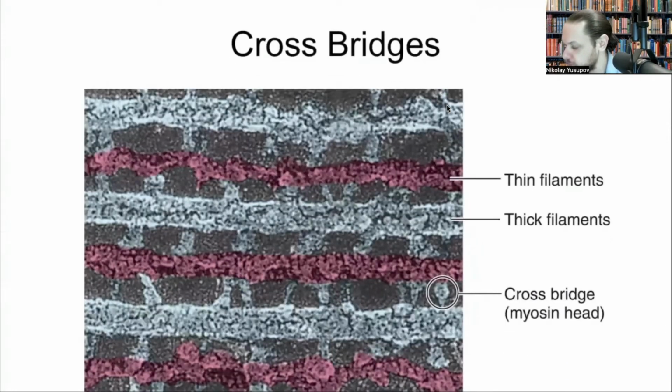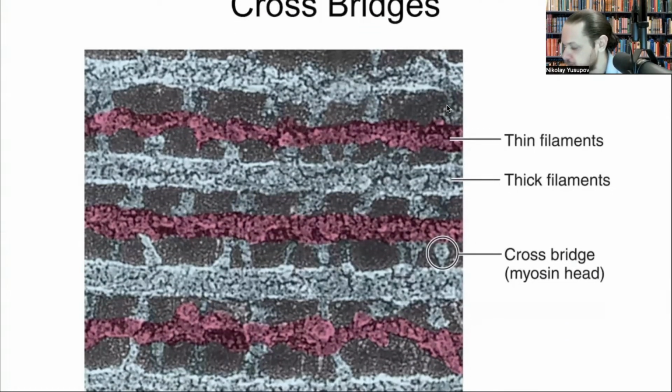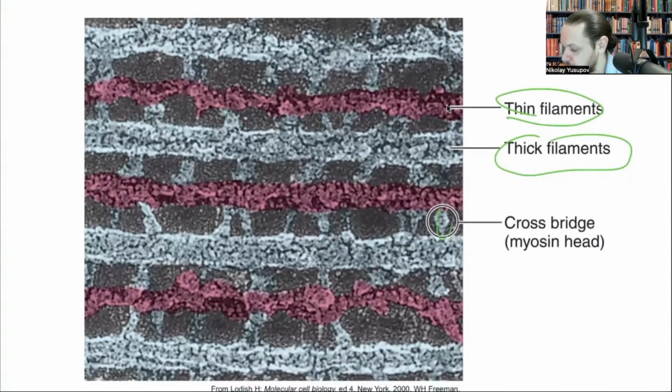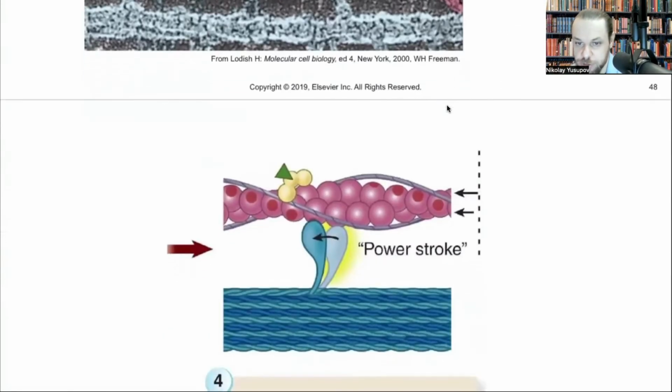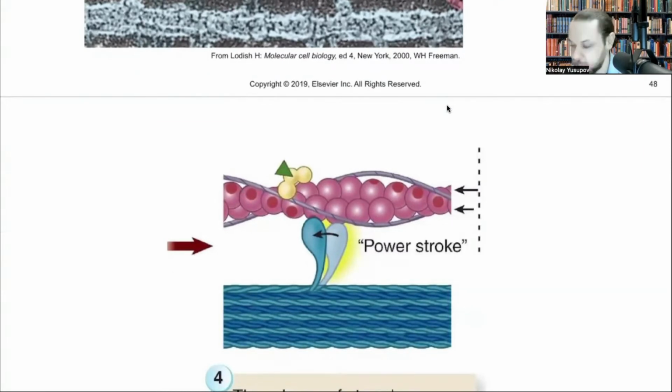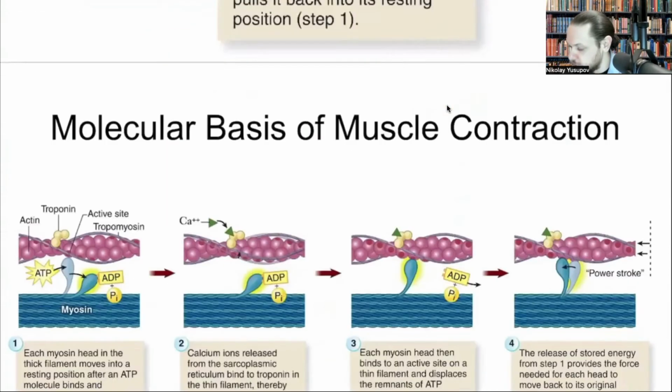muscle filament. So here we see thin filaments, which was the actin and all the other components. We see the thick filaments, which was the myosin. Here we see how it bound, the cross-bridging that's occurring with the myosin head binding to actin. And then the power stroke, it basically contracts, and it moves, and the muscles contract. Basically the sliding filament theory in a nutshell. So to combine all of these